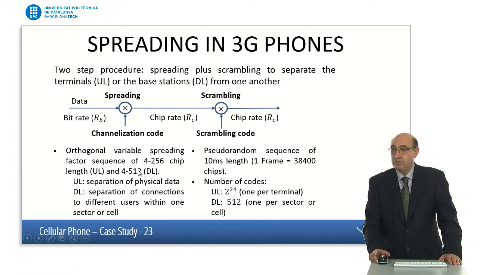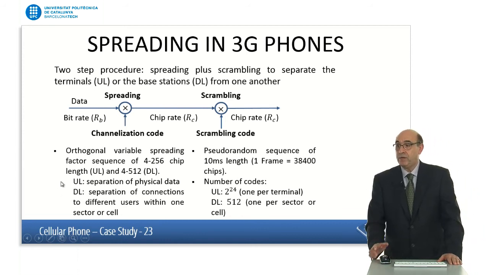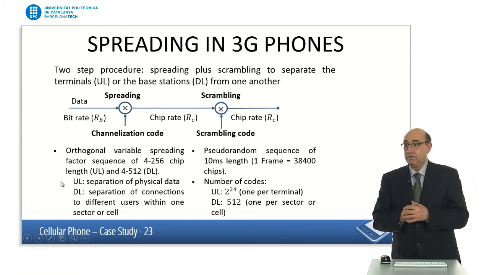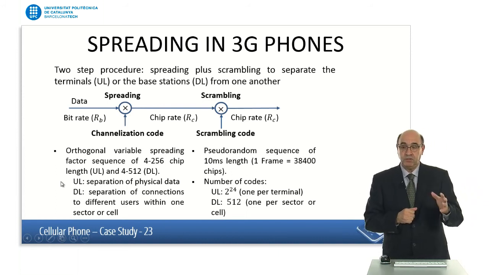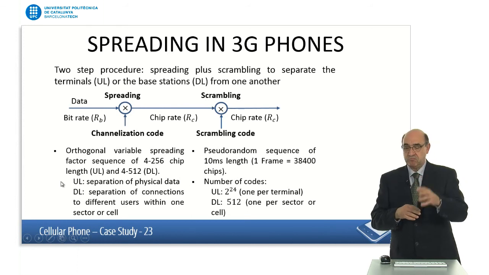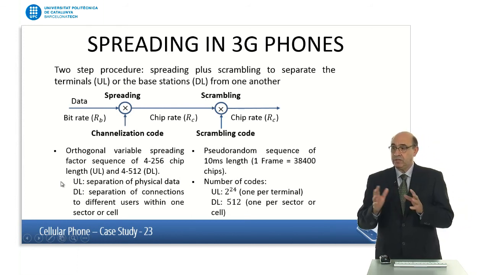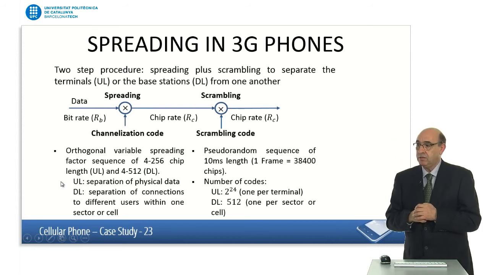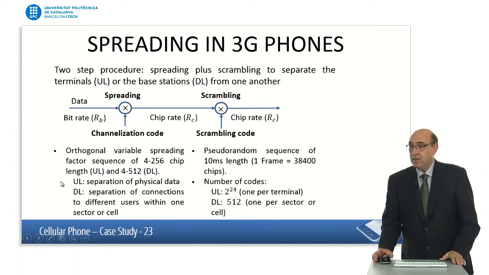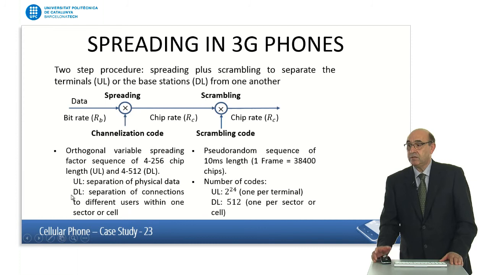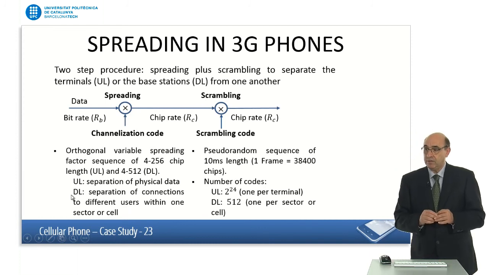They are used in the uplink to separate different data. Could be your speech, your data, other things you are doing or the phone is doing. So this is one way of separating different uses. On the downlink, they are also separating different sectors, different cells, and this is just a different number,